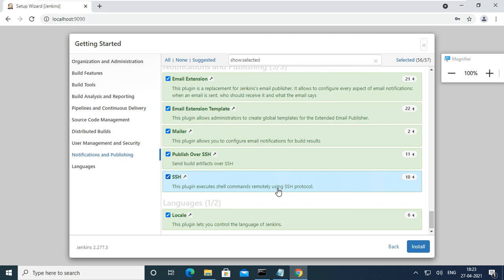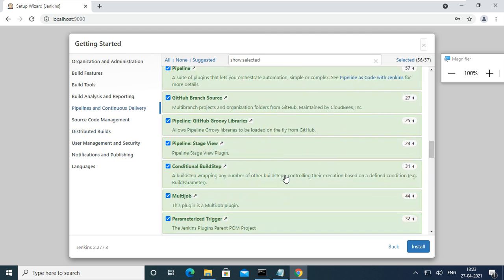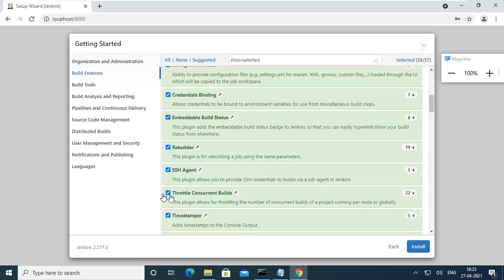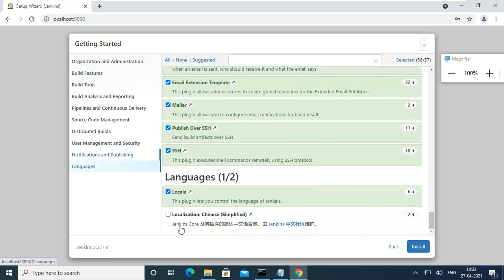So if you don't know anything and you want to see all the plugins, then select all the plugins. But on the languages side, it is better to unselect the Chinese language. I don't think you know Chinese. If you know it, you can put it, no problem.